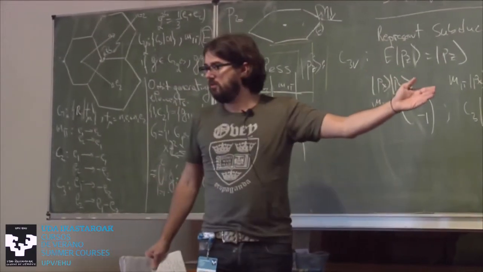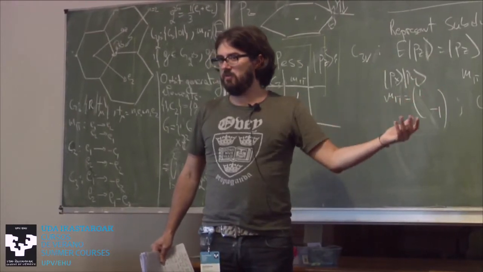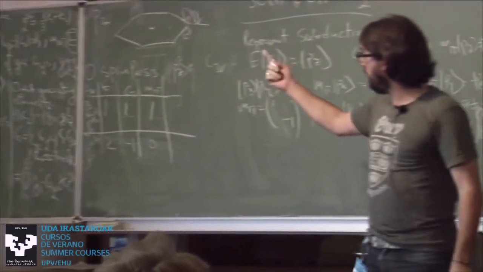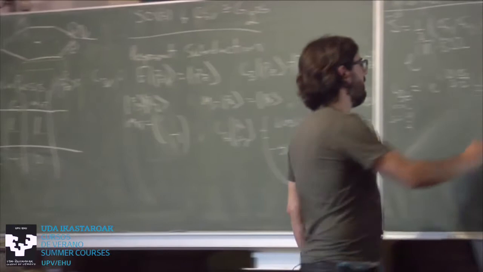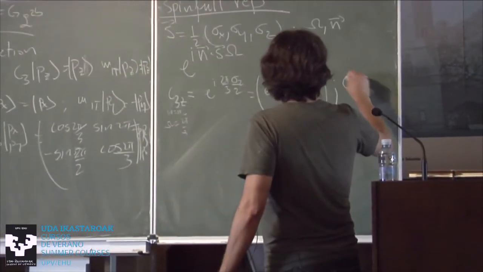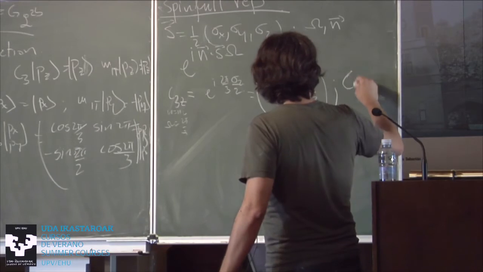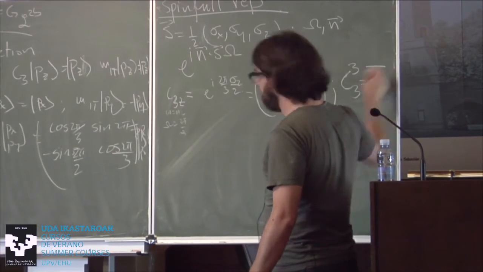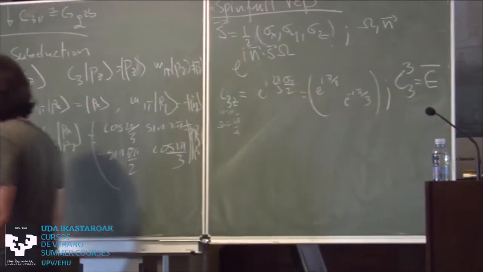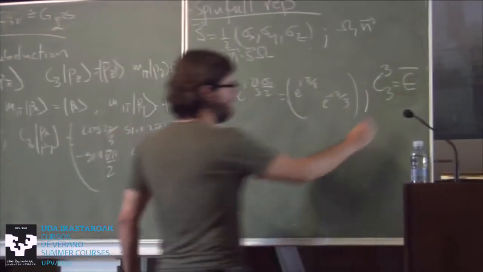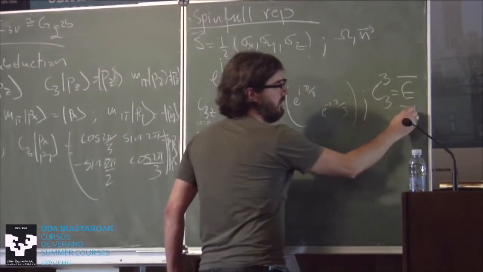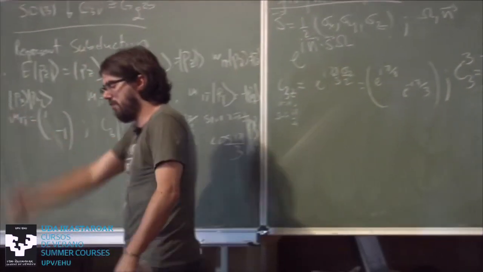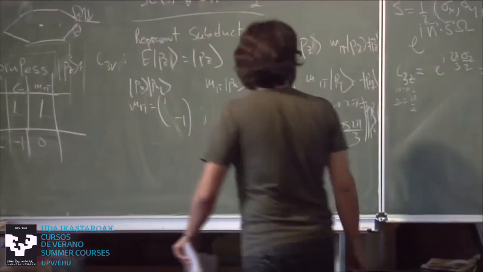What is it cube to? What is the cube of this matrix? -1, which we didn't have before in the group, right? We had just identity. So the fundamental thing now is we have to add, this is similar to what Professor Atland was saying, C3 cubed is -1, which we'll denote as an element by E bar. Bar means spinful. So E bar is -1. This is -1 as a representation. But as an element it is E bar. As a representation it is minus identity, however many. So here is -1, -1.